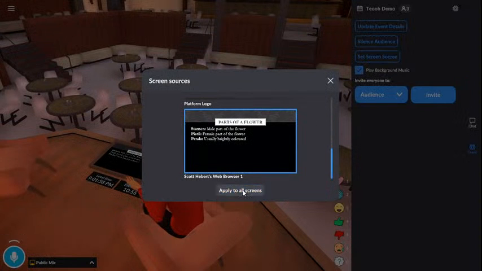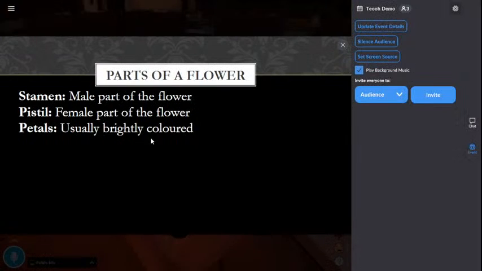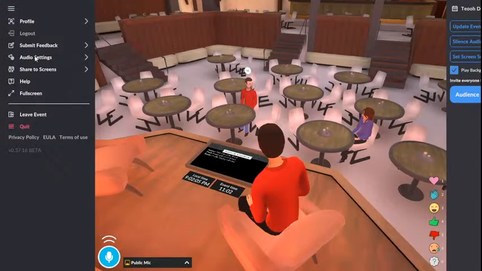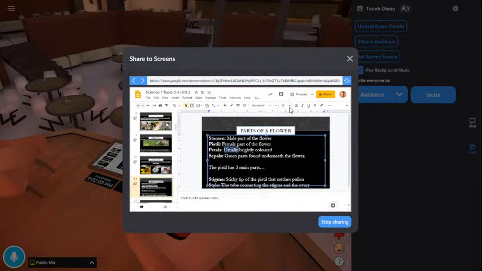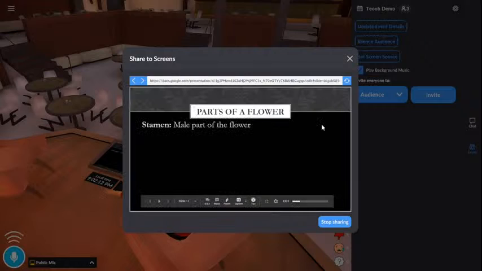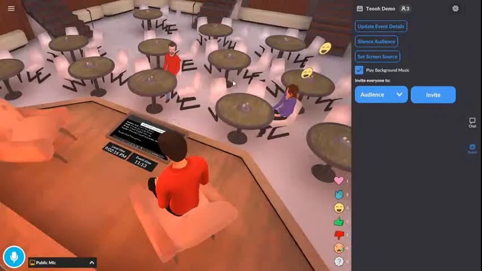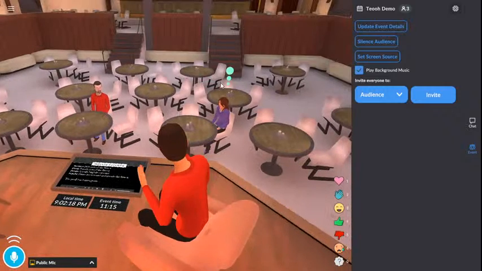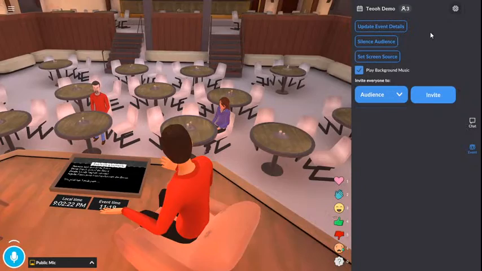So I can apply to all screens here, which is great. You can click the screen, you can get your notes material, you can interact with it as the presenter. Oops, I clicked too many. You can do your thing, talk, look around, discuss, whatever the case may be. And then, of course, you can invite the audience to do all kinds of things.